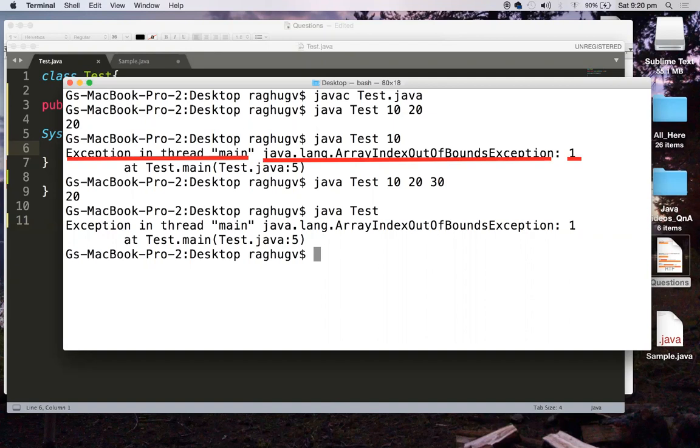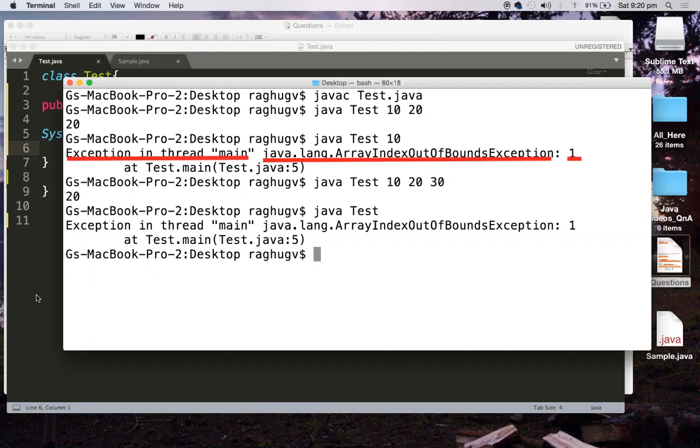Hope you understood command line arguments and how to pass them, what happens internally when you pass command line arguments, how you are going to access them, in what form they are stored, and what if you pass fewer arguments than you are accessing.